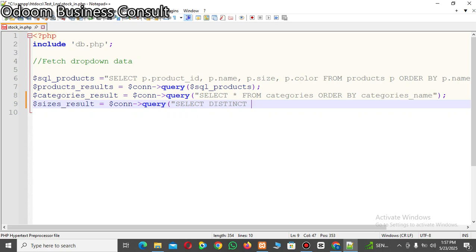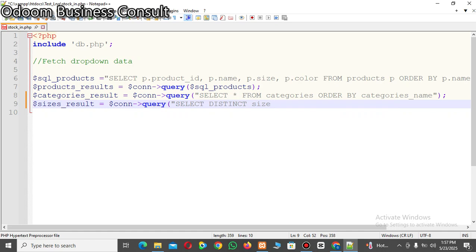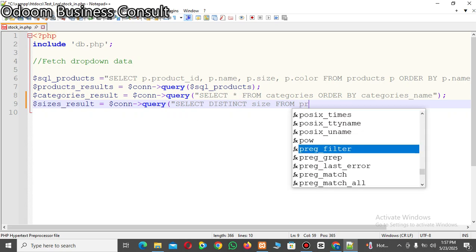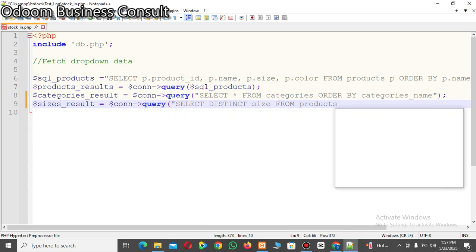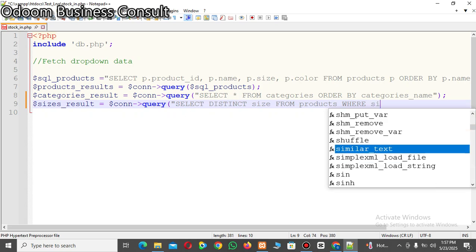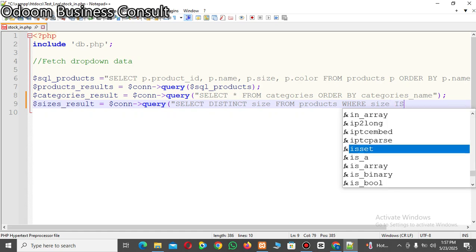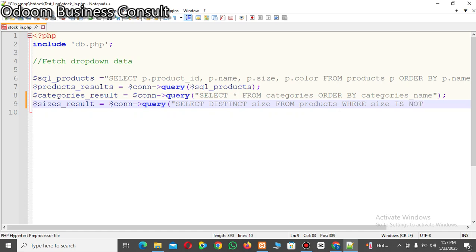Okay, so distinct size from, so we're gonna use another keyword from MySQL, from product table. The product table is going to contain different sizes for different products. So where I'm going to give a condition, where size is not null. NOT is also a keyword,